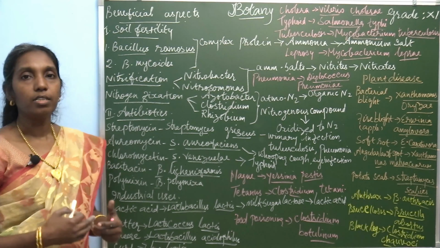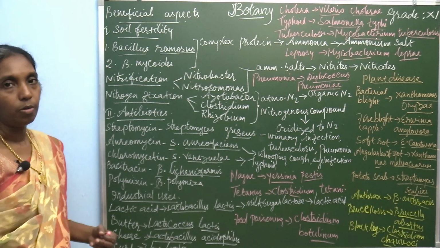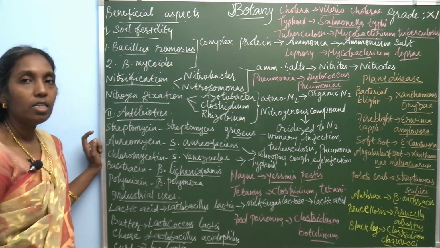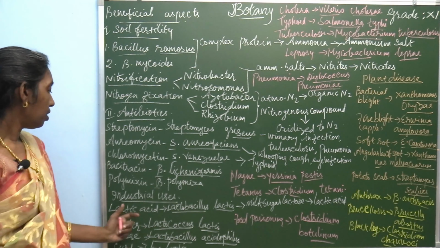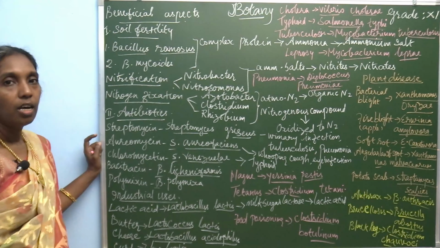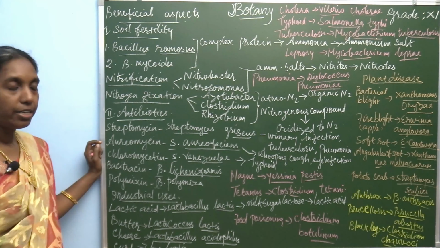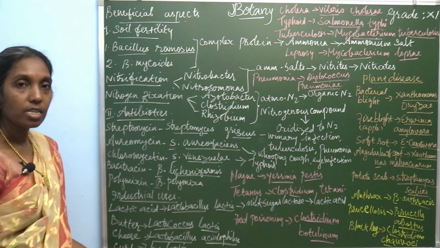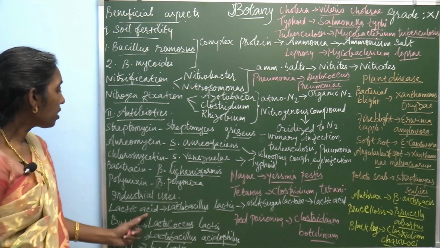Now, industrial use. In the industry, bacteria play a very important role. In the industry, most of the acids, lactic acid production, butter, cheese, curd, the milk is converted into this butter, cheese as well as curd. So, this lactic acid is produced